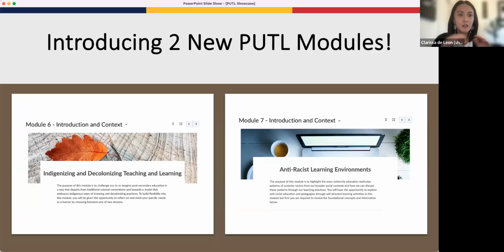Along with developing these 2 modules, we tried something new. You're going to notice that these 2 modules, for now, look a little different from the previous 5 modules, in a way that lets you engage in that exploratory kind of learning differently and have even more autonomy in what your learning looks like. So, going into a little bit of the structure.